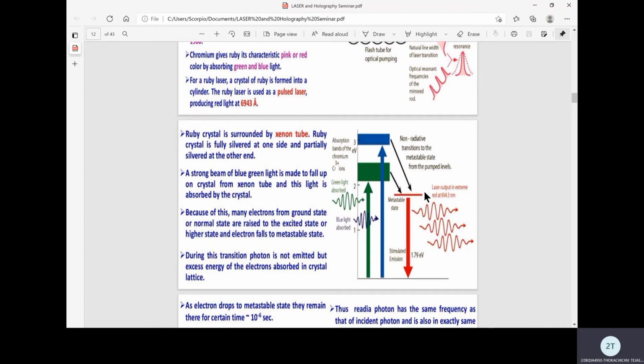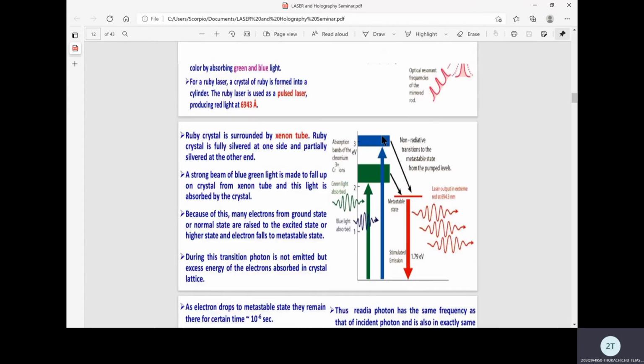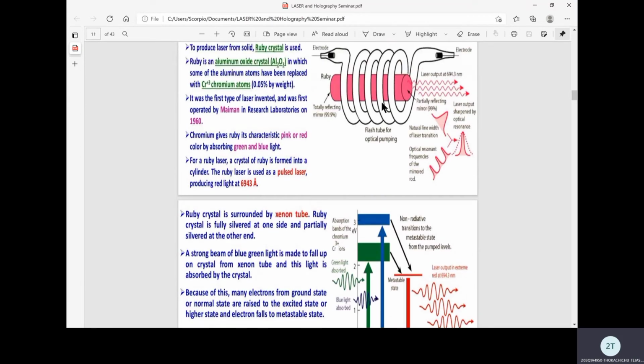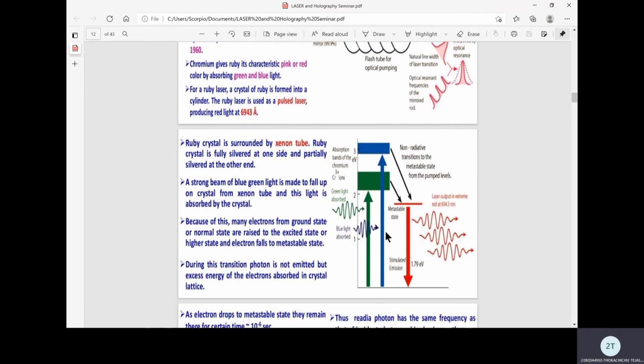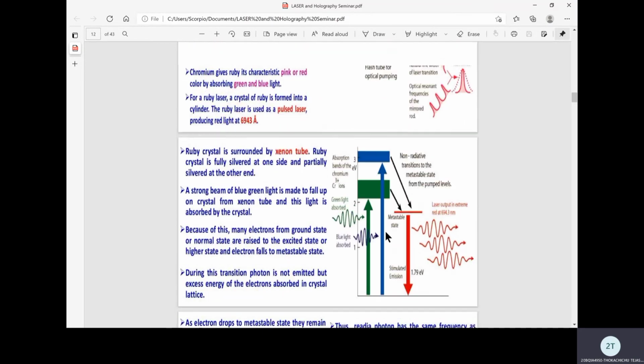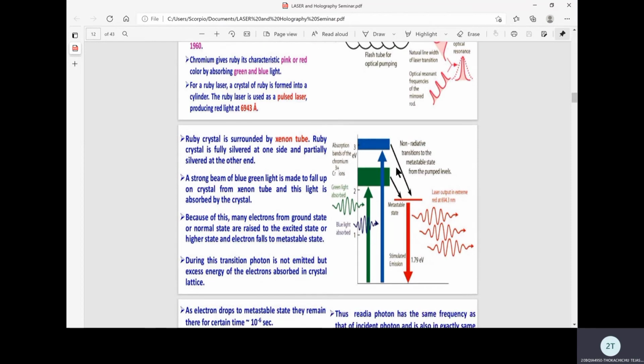So what happens is, after gaining energy from this flash tube used for optical pumping, they undergo stimulated absorption, and after reaching a certain energy level of excited state, they undergo spontaneous emission because of the higher energy, which is an unstable state, and they reach a metastable state, which we discussed before,